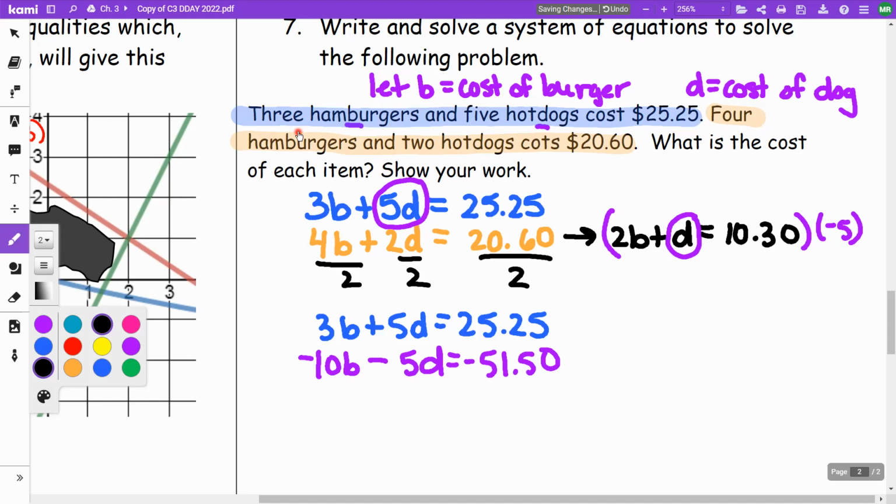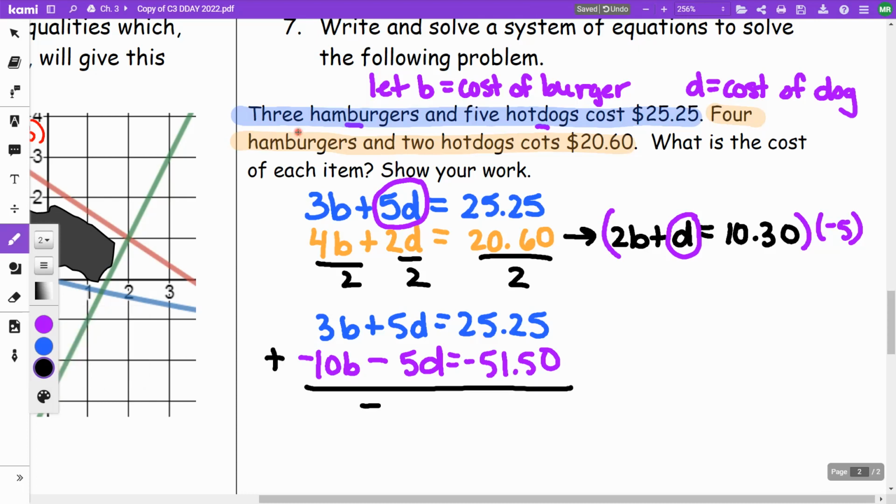I'm going to add these together. I get a negative 7b is equal to a negative 26.25. I'm going to divide both sides by -7, and I get B is